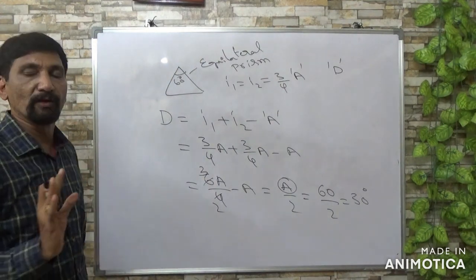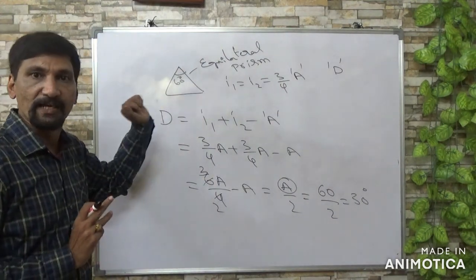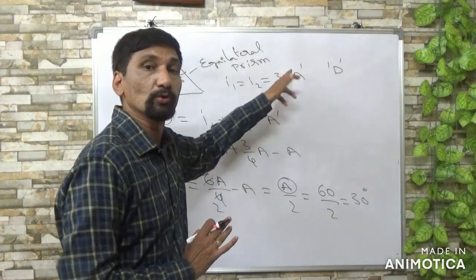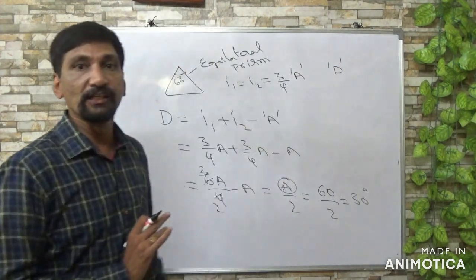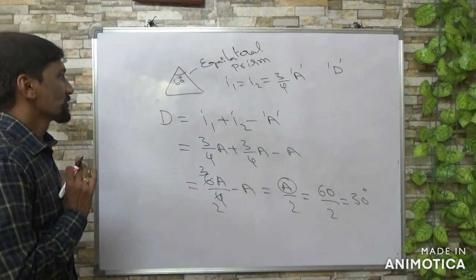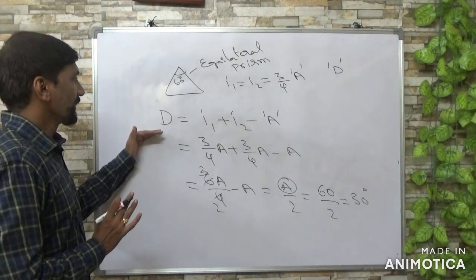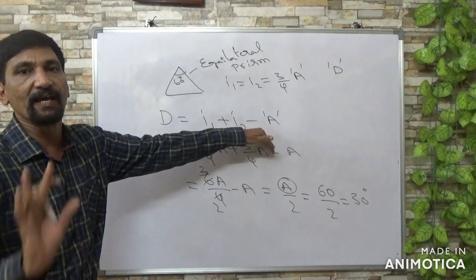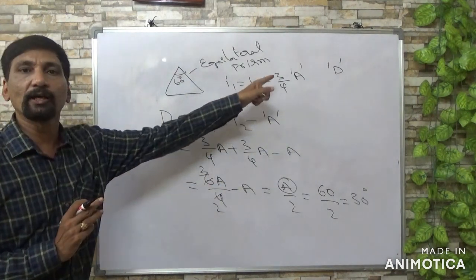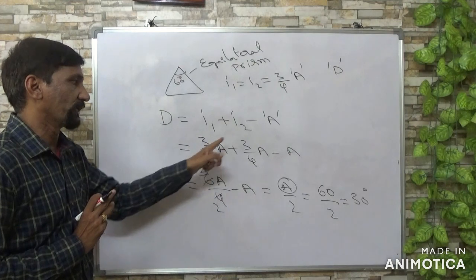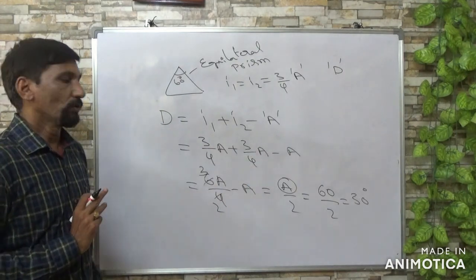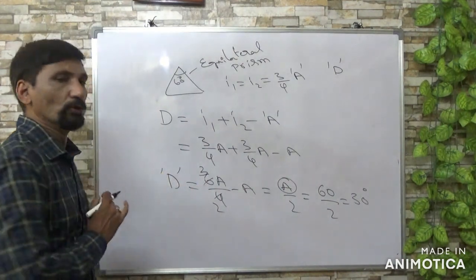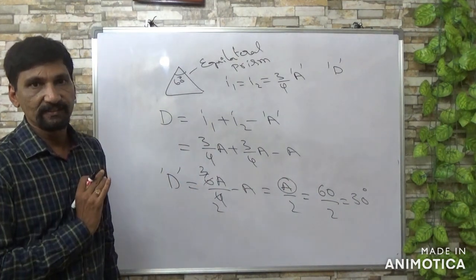Okay, so what is your given problem? There is one equilateral prism and the angle of incidence and emergence are equal to 3/4 of the angle of prism. Find the deviation. So how do you solve it? Very simple. Deviation is equal to I1 plus I2 minus A. Over here both are equal, no? So that is why I equated 3/4 A, 3/4 A, minus A. When you simplify, you get deviation equal to 30 degrees, right?